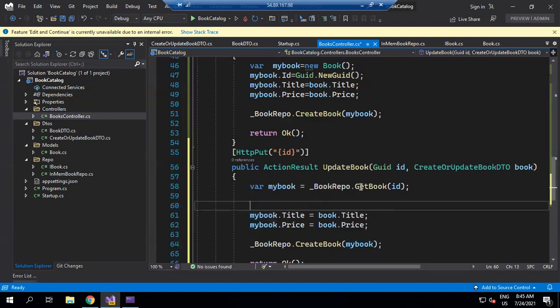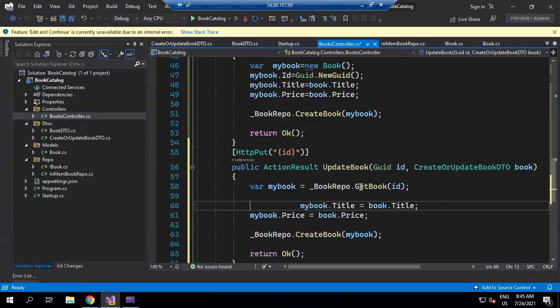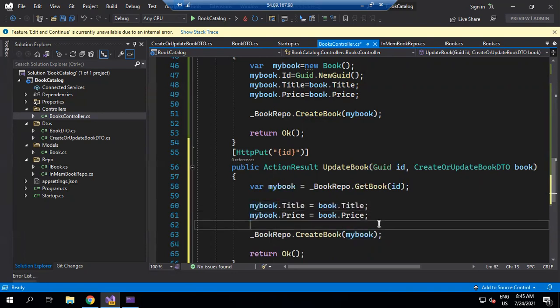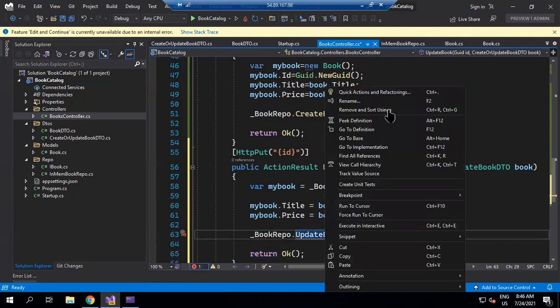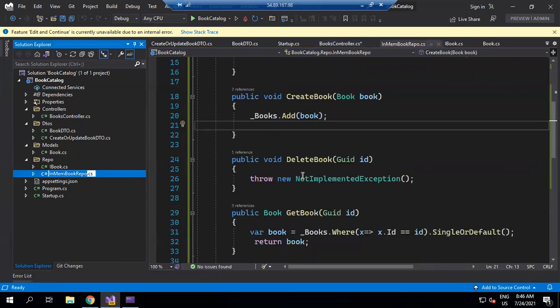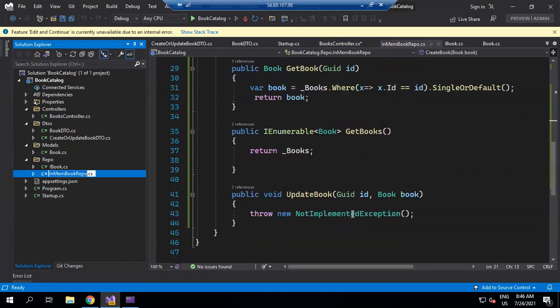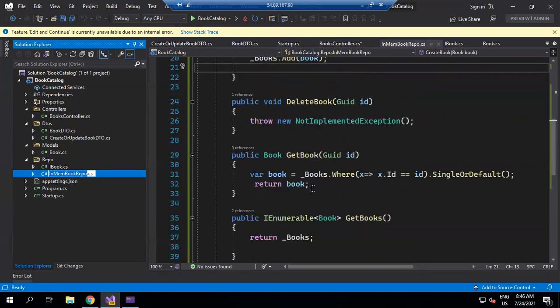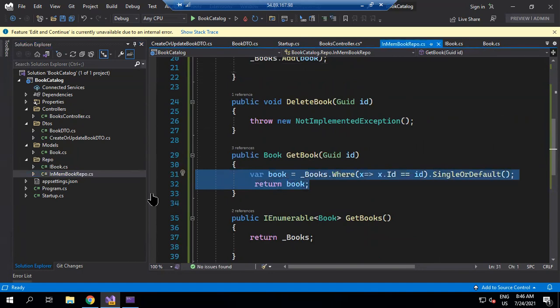And I have got my book. I don't want to update everything. I just want to update title and price. Okay, so now I have to update this book. So instead of calling create book, let's call it update book. Have we updated this function? Let's go there and check. I can click go to definition, or I can directly go here. Okay, we have not created update. Okay, so now let's see. It will be similar to get books. We don't want